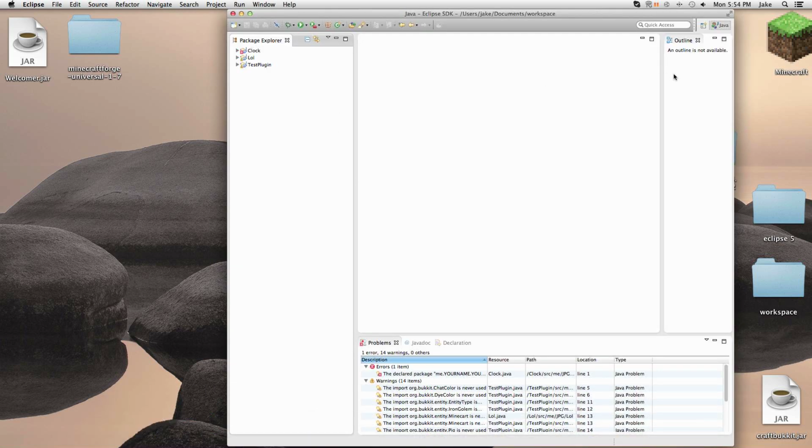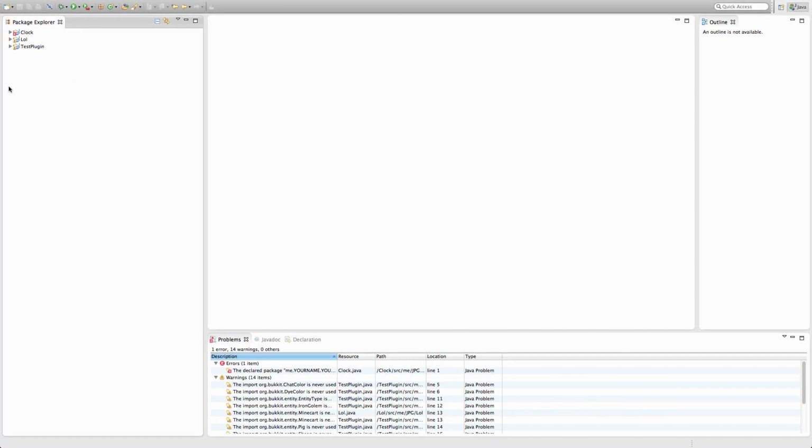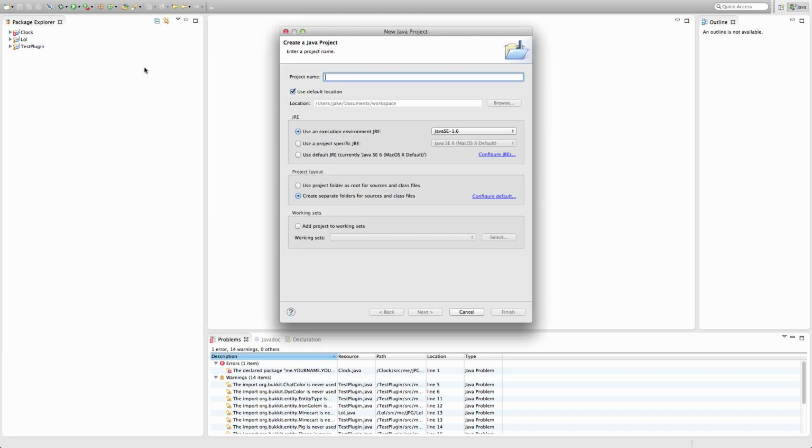So yeah, go to Eclipse. Let's make that full screen. And don't worry about this, because these are my other plugins. Now you're going to right click and then do New, Java Project. And let's name this whatever we want. Let's just name this